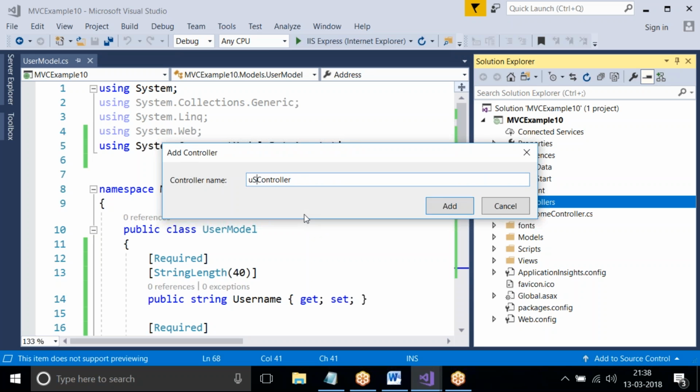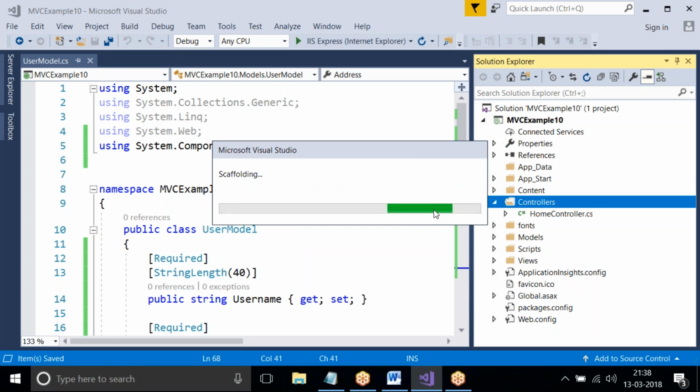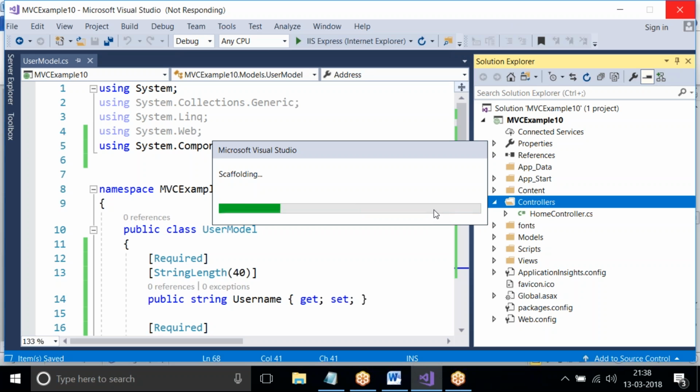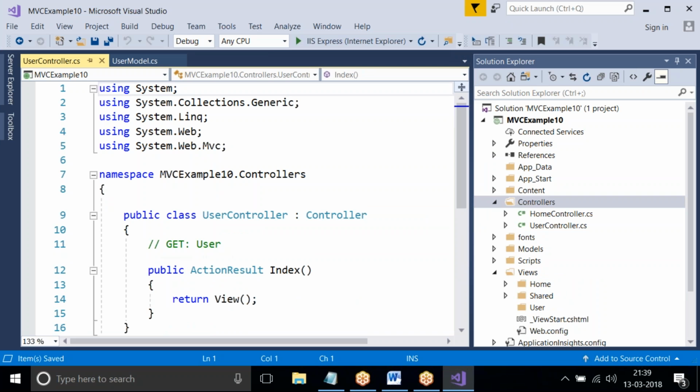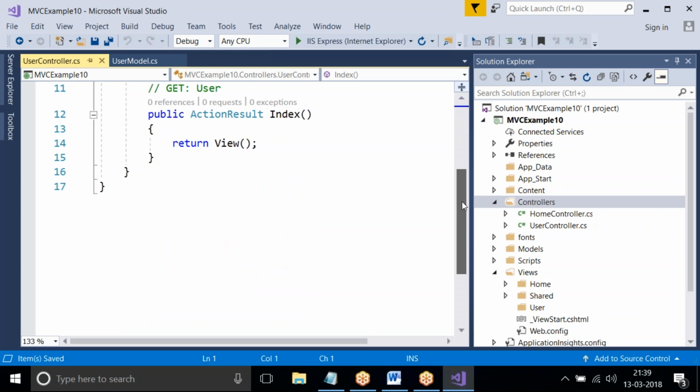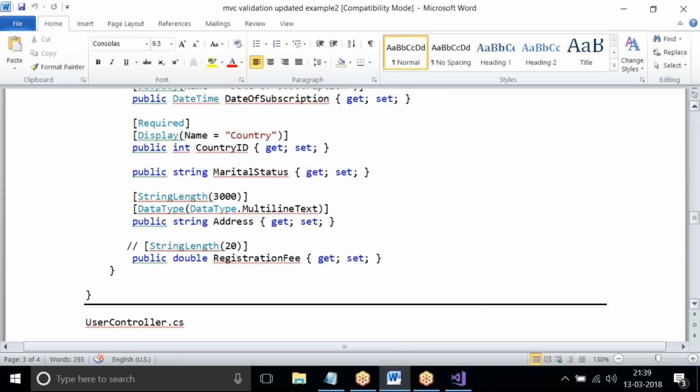Here I am giving the name as UserController. So for displaying the view and to send the data, two methods we should write, Get method and Post method.